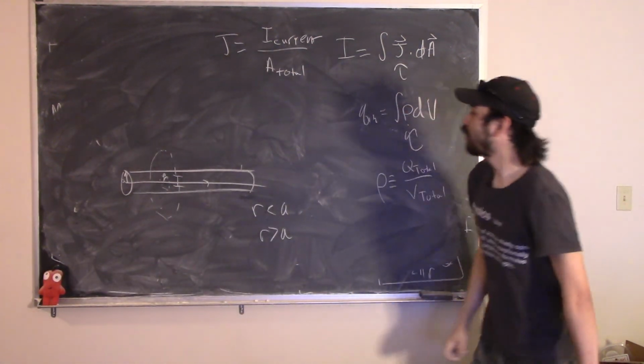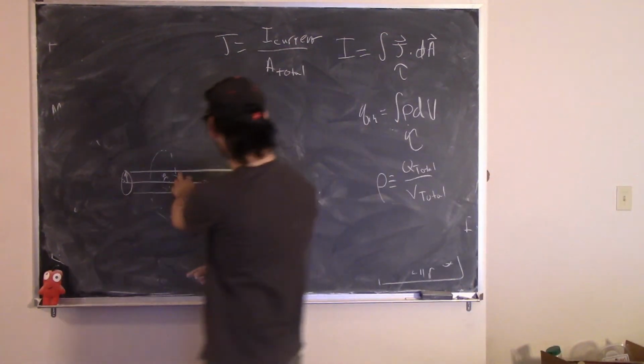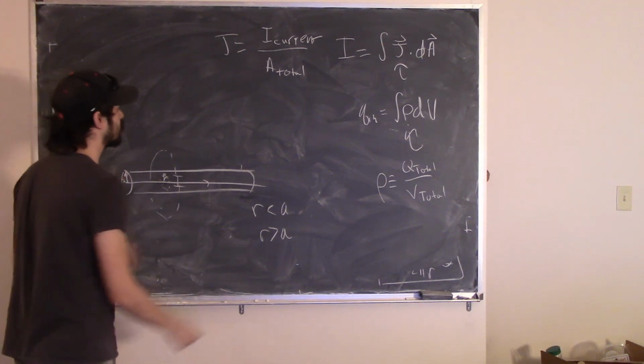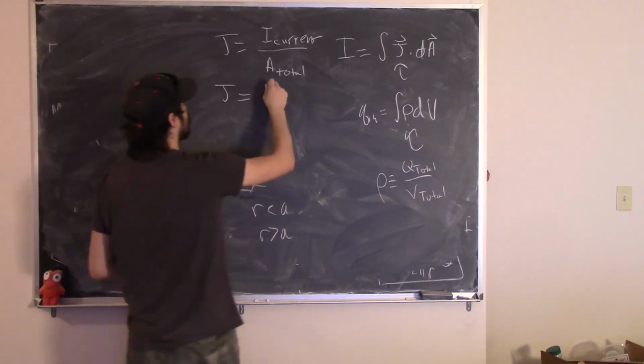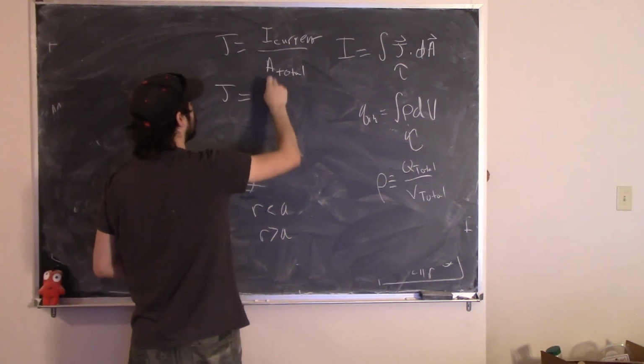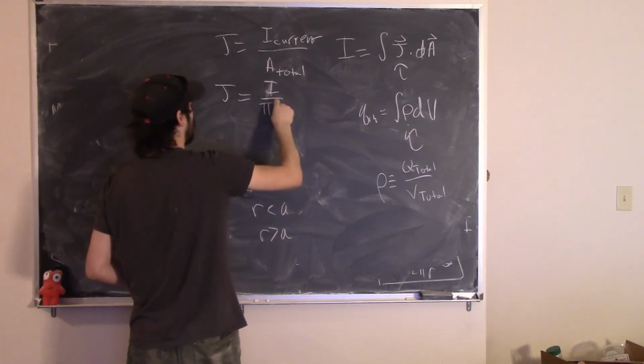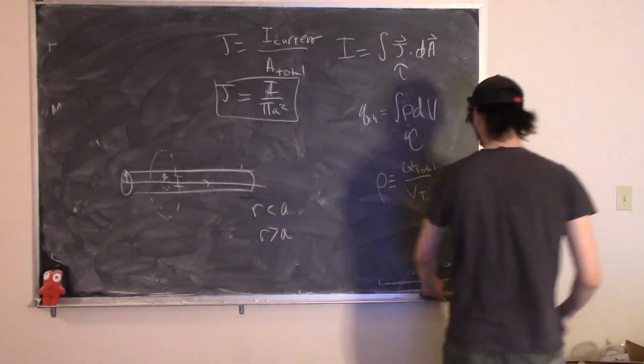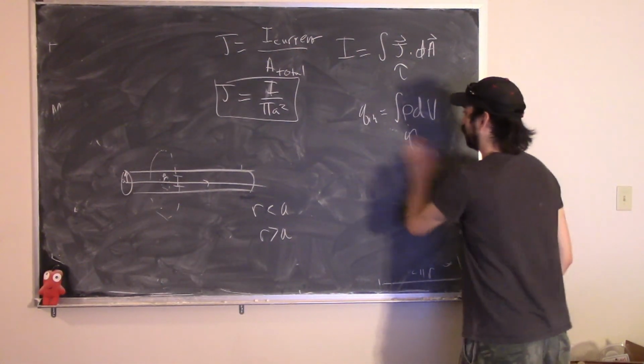Okay. And that's to say here I have some current I, and the total area is the cross-sectional area, pi a squared. And so this J is going to be I divided by pi a squared. So that's what J is. Now, we want